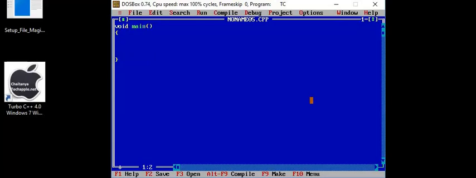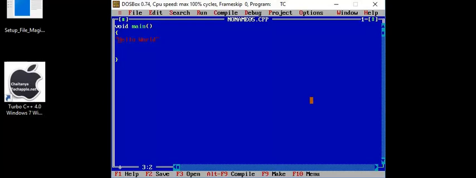This means the function is executed by the operating system, and it will not return any value to the operating system. Now I will tell the machine to print the message hello world. But how do you tell the machine to print it? There is a rule. This is a message I want to print. That means you write everything in double quotes. Shift and that key near the Enter key.